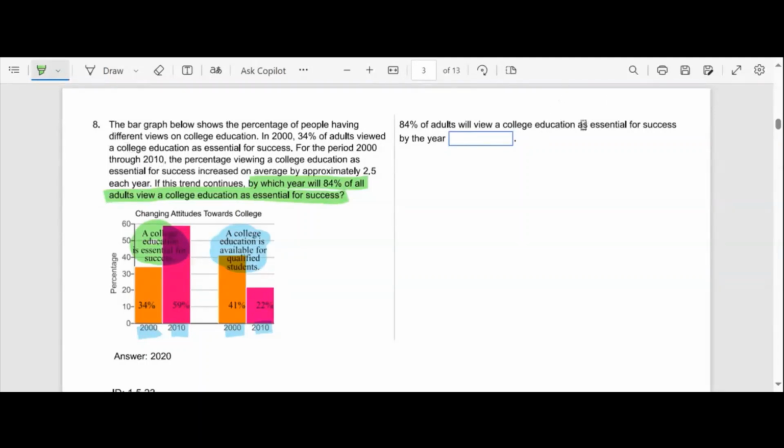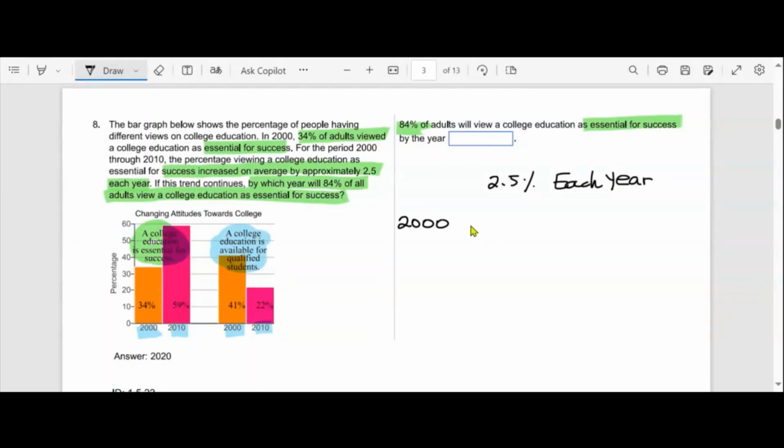Okay, number 8. The bar graph below shows the percentage of people having different views on college education. In 2000, 34% of adults view a college education as essential for success. For the period 2000 through 2010, the percentage viewing a college education as essential for success increased on average by approximately 2.5 each year. If the trend continued, by which year will 84% of all adults view a college education as essential for success? Okay, so in 2000,